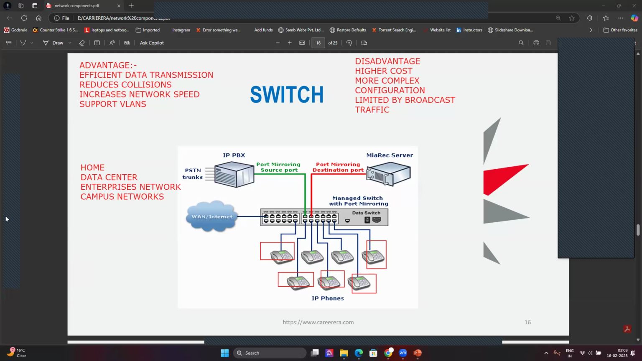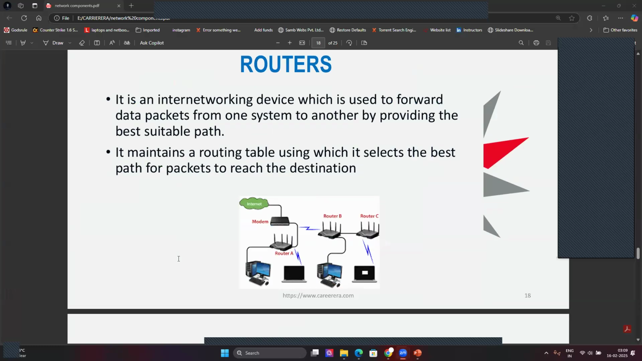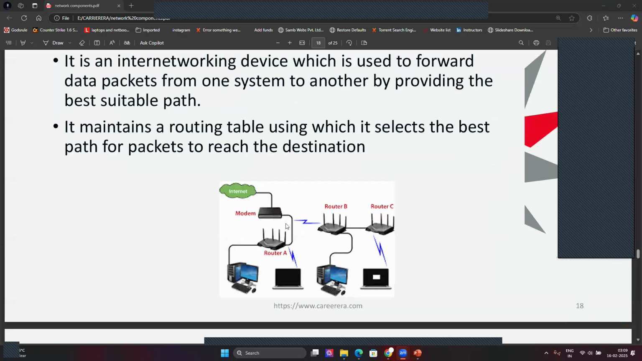Now, router. See, most of you already knew about these routers. So you can see in this picture, like internet is coming to this modem and this router is trying to connect all the devices within the network. Means a router